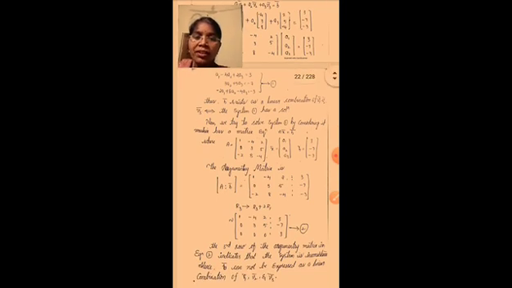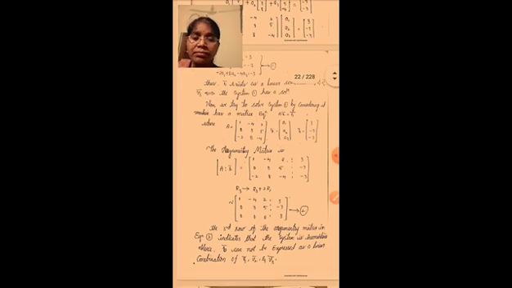So let's check. Now we try to solve system 1 by considering it as a matrix equation A x bar is equal to b bar. Okay, so write down the matrix A: the first row is 1 minus 4 2, the second row is 0 3 5, and the third row is minus 2 8 minus 4. And x bar is equal to a1 a2 a3, and b bar is equal to 3 minus 7 minus 3.